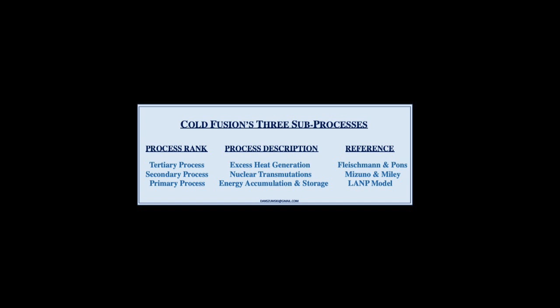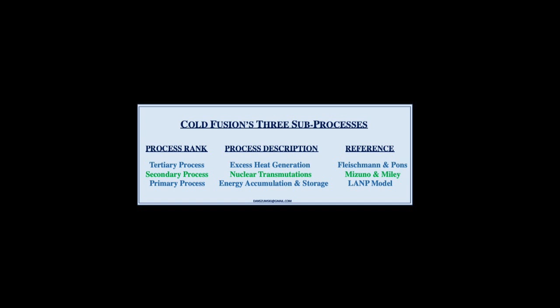The tertiary process is excess heat generation. A secondary process is nuclear transmutations, but the primary process is energy accumulation and storage. In this presentation, we develop a methodology for measuring the secondary process, and in particular, observing the time history of